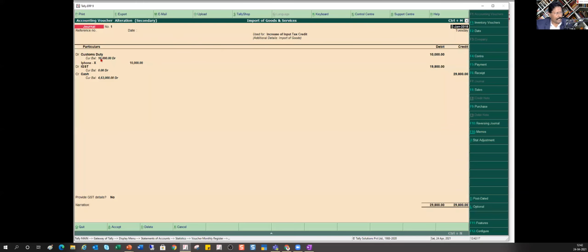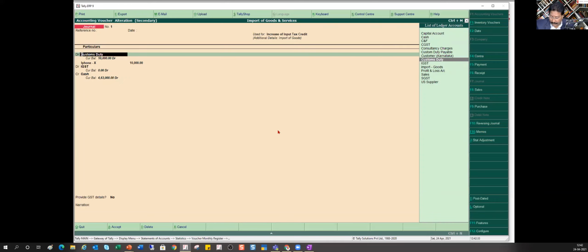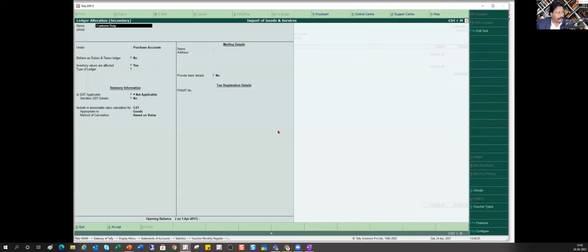So what I'm doing here, I've taken my custom duty. Now see here, if you want to increase the inventory value also, additional cost of purchase, if you want to do that, then you come to custom duty. When I'm creating my custom duty ledger, let us see what I'm doing. I'm pressing control enter here. Custom duty, I can put it under purchase account, my direct expenditure account, whatever ledger you want, you put it. Okay. Now very, very important, this is what I was telling you. Is GST applicable? No, GST is not applicable, right? If you make this as applicable, then it will show an error.